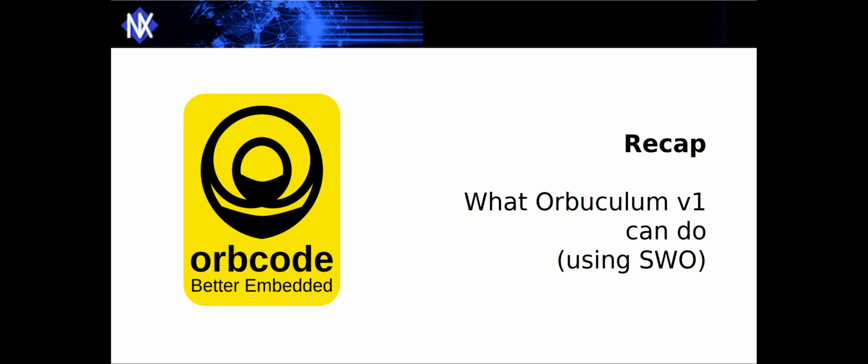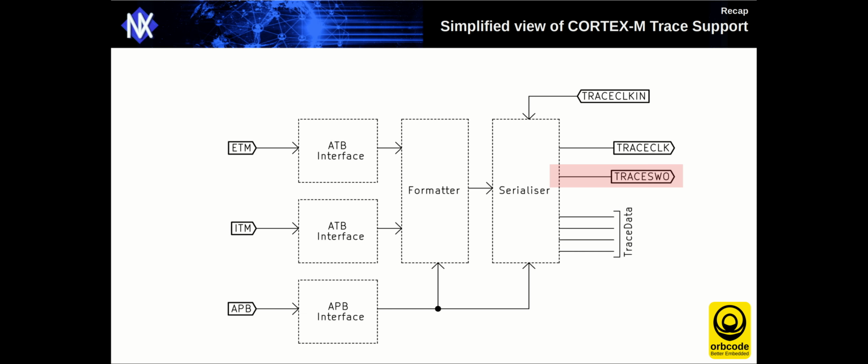So we'll start off with a quick recap of what Orbtools version 1 can do, and this is using the SWO output. So what is SWO? SWO is single wire output, and it's available on Cortex-M3 and above CPUs, and it's basically this pin here, the trace SWO pin. On an STM32 that would appear on port B3,